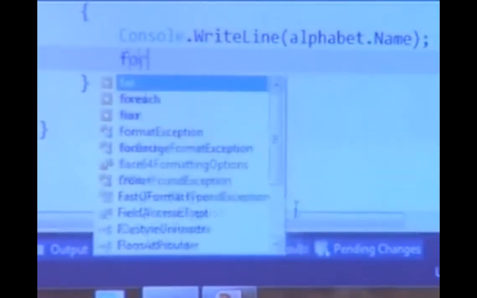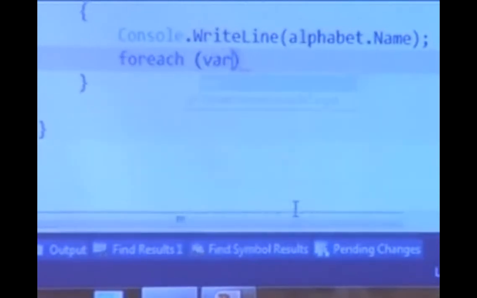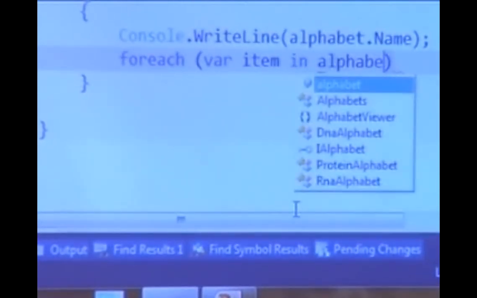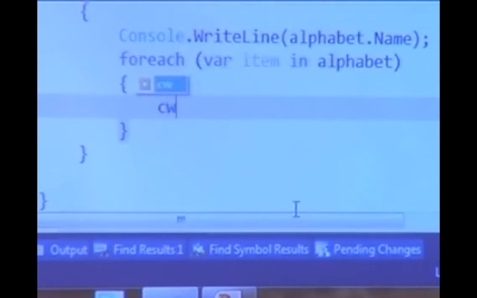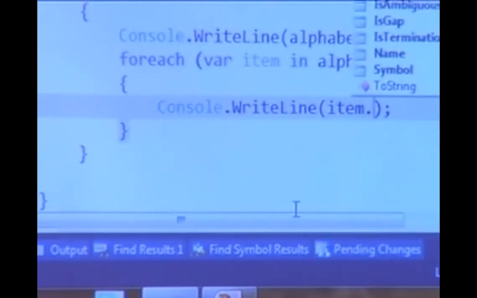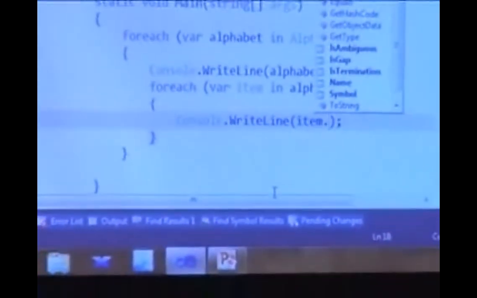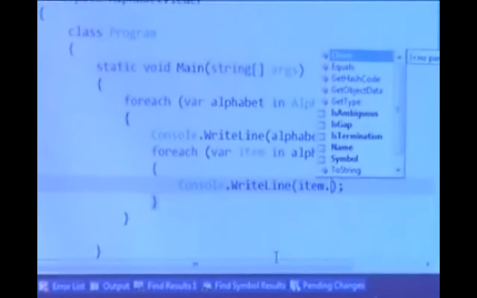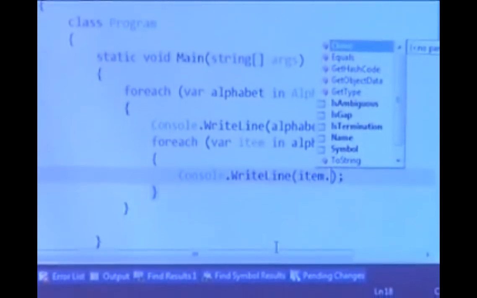And then I'm going to say for each item in alphabet, and let's write out item. Now notice each item that's actually in this alphabet collection, again, is an object. It's actually an ISequenceItem interface. Okay, it represents a single symbol, and you can see it has some properties on it: IsAmbiguous, IsGap, IsTermination. Those just let you clue into what is the purpose of this particular symbol, and then it has a name and a symbol.